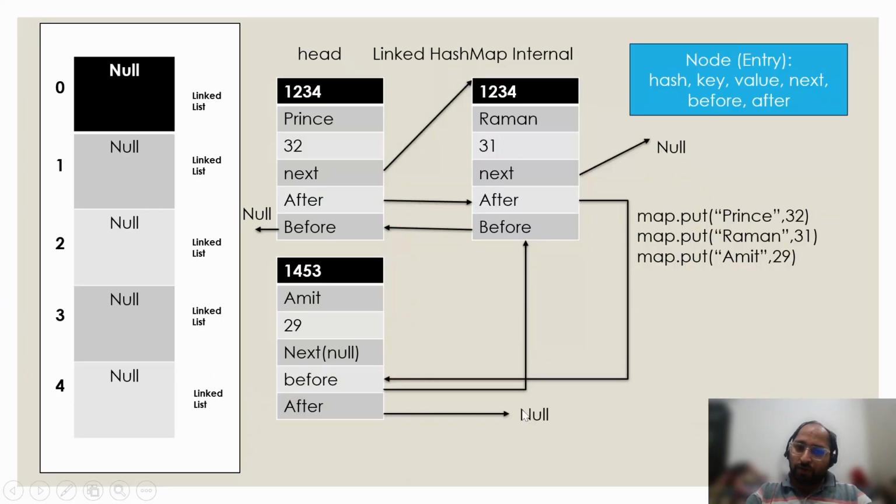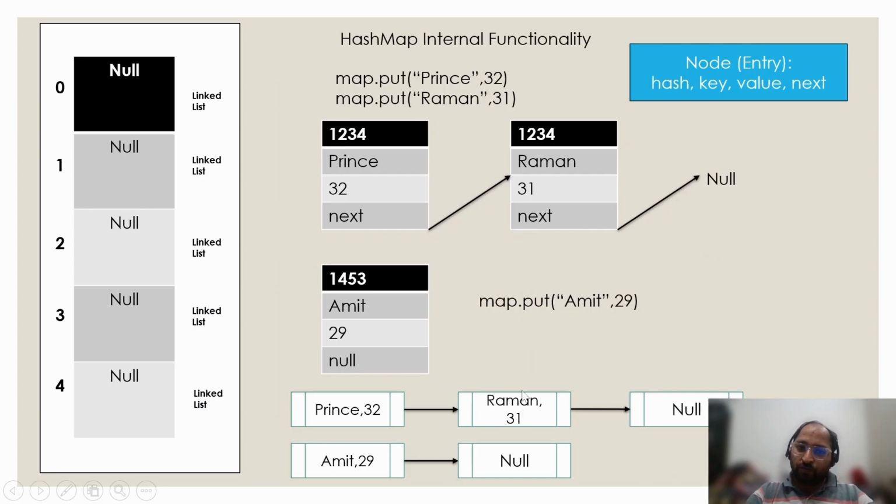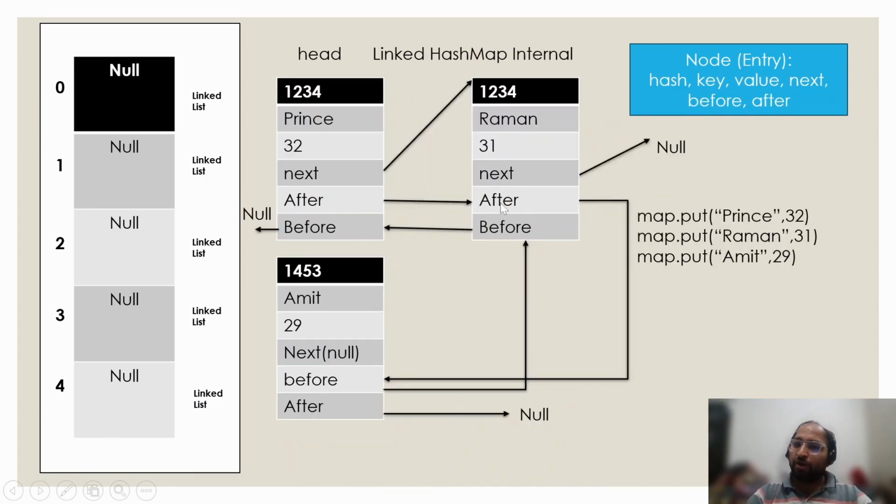So what we have covered: in case of hash map, we do not have the before and after, while in case of linked hash map, we have before and after, which is responsible for maintaining the insertion order. And the rest of the functionality is the same, be it the collision case, be it updating the value, or be it having the collision on the same keys or different keys. So it is the same as hash map, right?